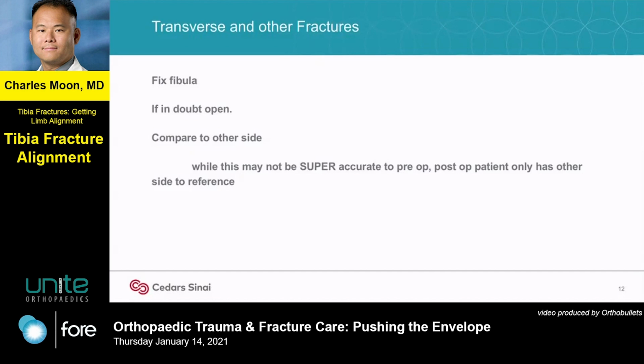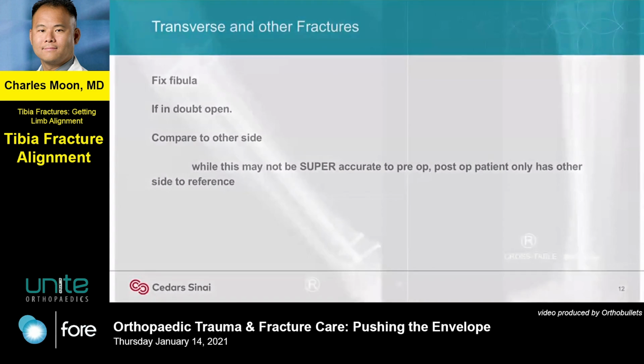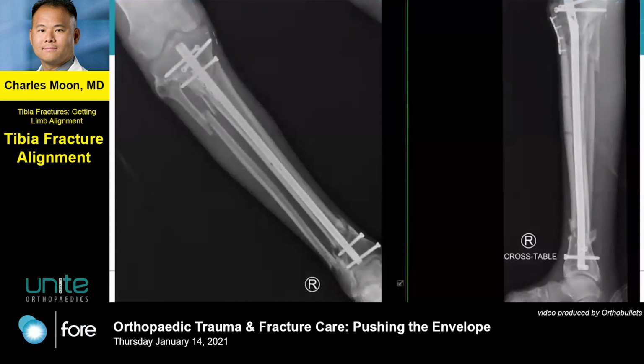Now, the funny thing is, they've done some studies looking at people who have not broken their tibias and compared their rotation from side to side. And actually, people are not overall super symmetric in the general population. There's quite a bit of mild asymmetry. But the thing is, after they break it, the only thing they've got to compare it to is the other side. So that's what you should use as your baseline, as my recommendation. And you can end up with weird things like this, where we kind of ended up